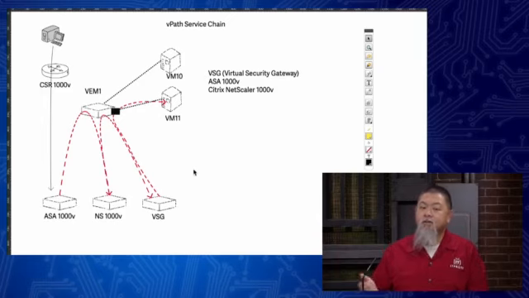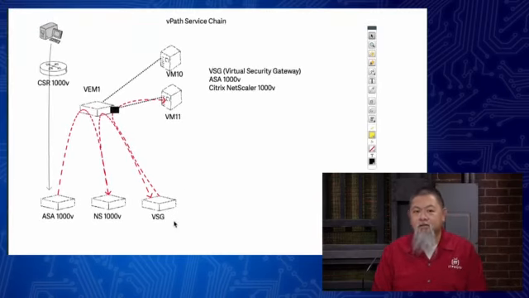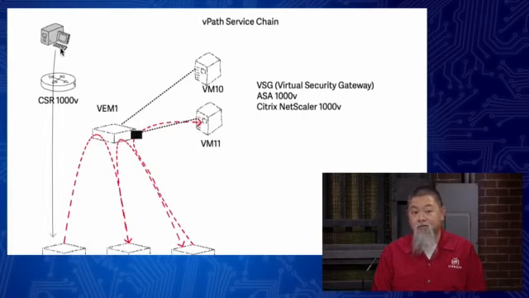Vaughn, instead of just using one, like the VSG that we talked about, right? So I said I was just going to use the VSG as an example. What if you said, well, I don't just need the VSG. I need to make sure it runs through a firewall. I need to make sure it goes across a load balancer, and I need to also use this VSG as well, okay? So Vaughn, up here in the upper left-hand corner, we have an example of just a regular, let's say, VM,